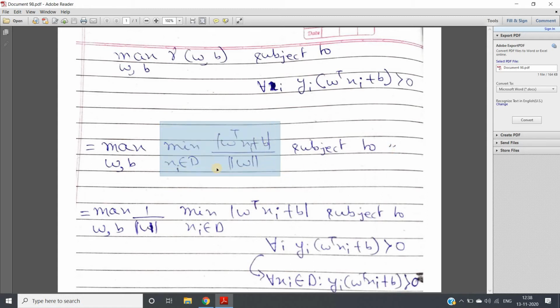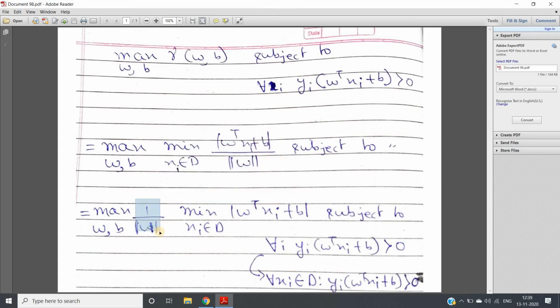Now see this internal part, the minimization part only. Here we are not considering w and b as variables, right? In this particular part, for each training data we are calculating the distance from the training data to the hyperplane, and then we are choosing the minimum one. That means we are choosing the distance between the closest training data and the hyperplane. So here only xi is changing. So from this part, mod of w we can take outside because it will affect nothing, because this is acting like a constant for this particular part, right?